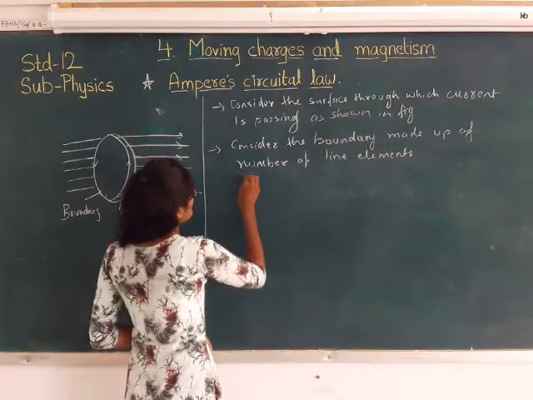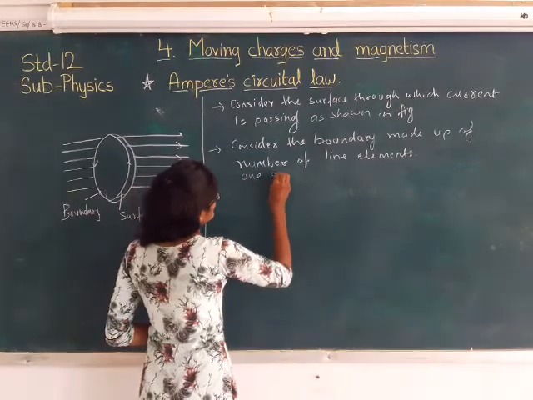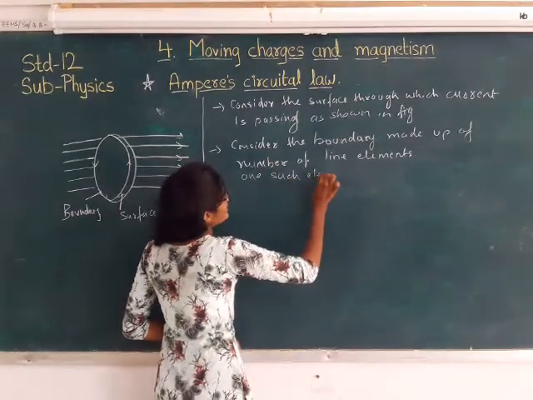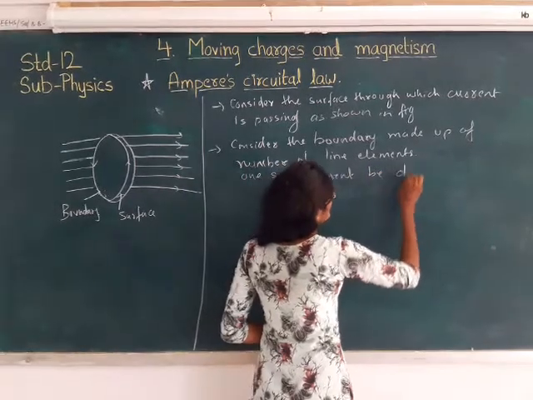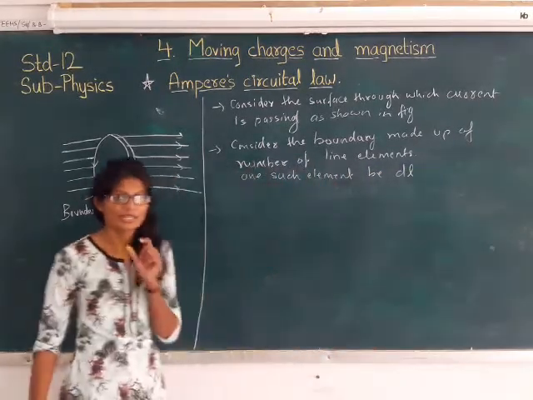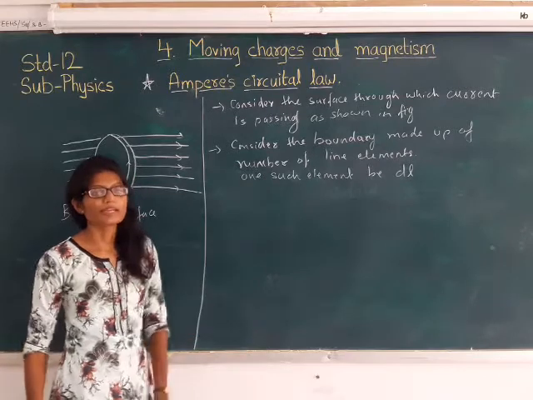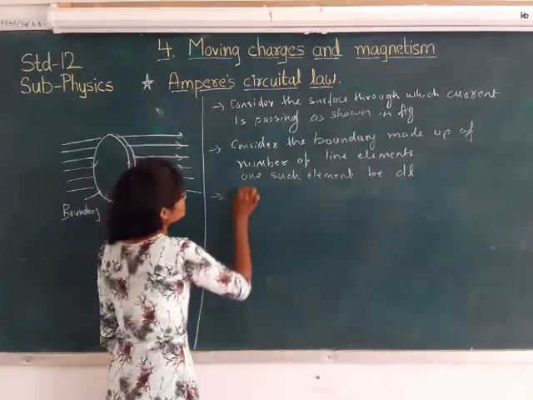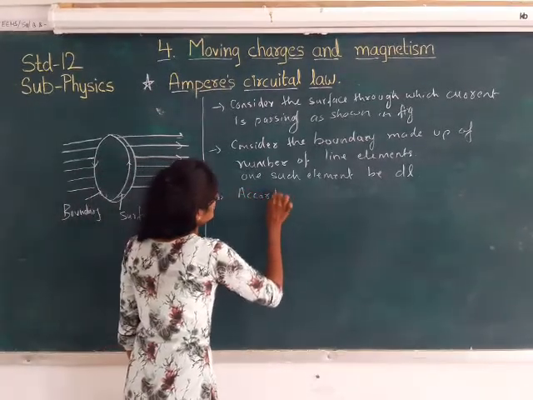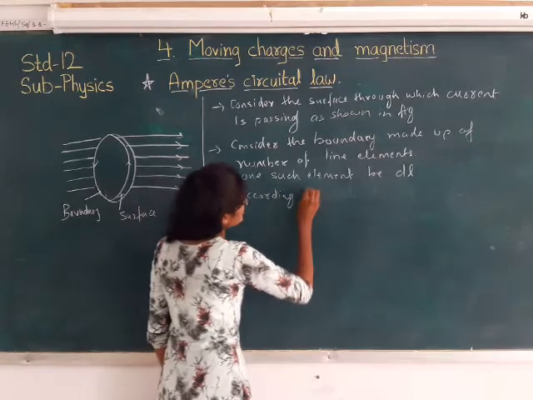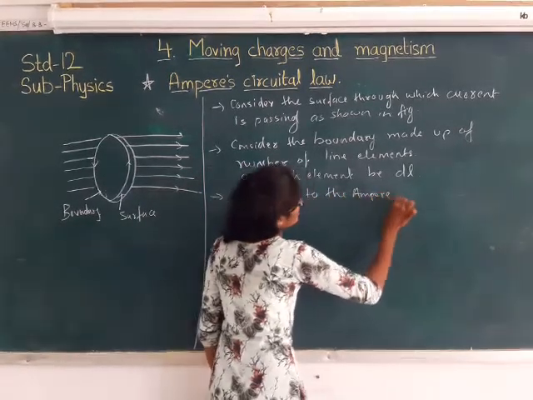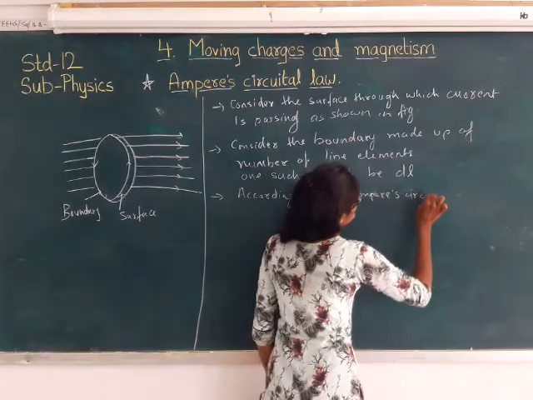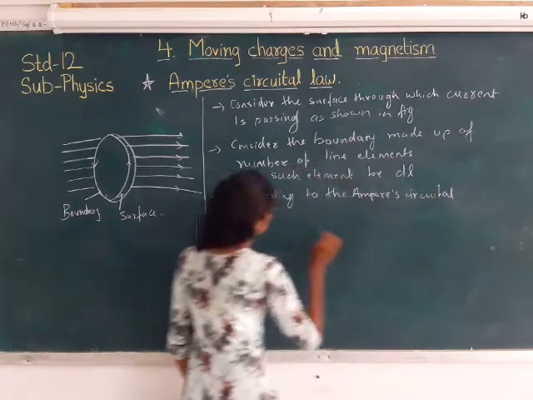And if we consider one such element, let one such element be dl. One such length of the line element be dl. Then according to the Ampere's circuital law,